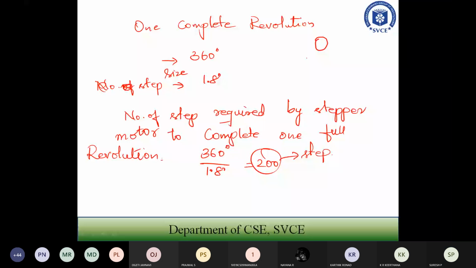One company will use port 1.1, 2 or 3 to energize the coil. Some companies may use 5, 6, 7, 8. Some companies may use 10, 11, 12, 13 for energizing the coil, because that is their proprietary.